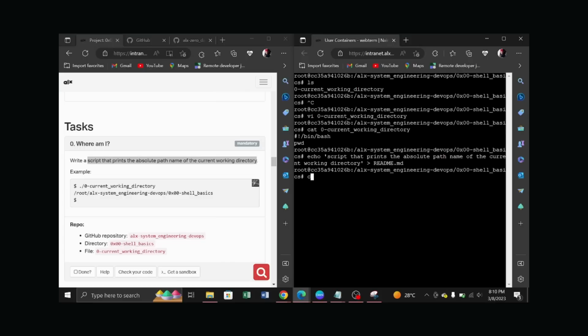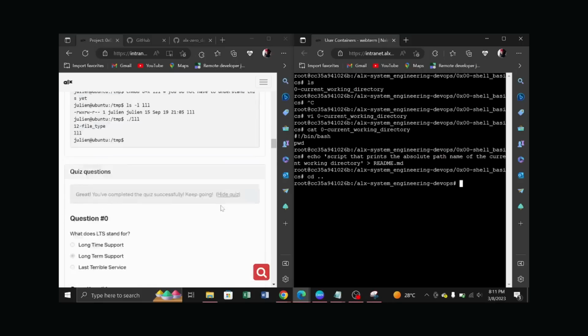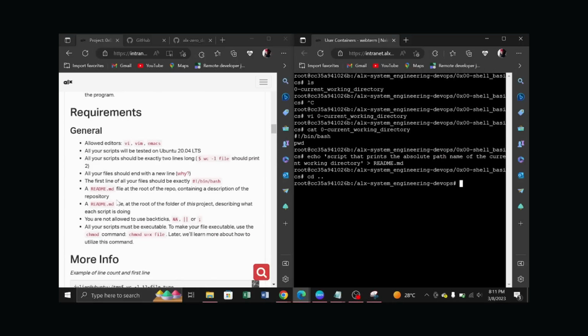So let us change the directory to the parent directory so that we can do the second one. And the second one is this, a readme.md file in the repo containing the description. Okay, so what we do is we also echo so that we can create that folder. Open in speech marks. So what we will write there is we can do a task 0